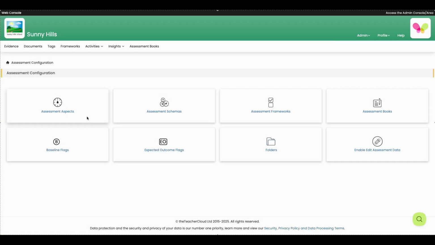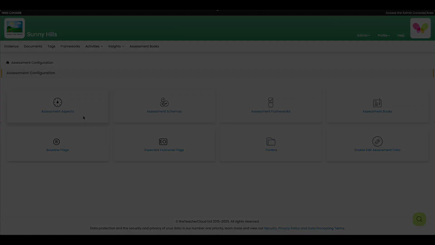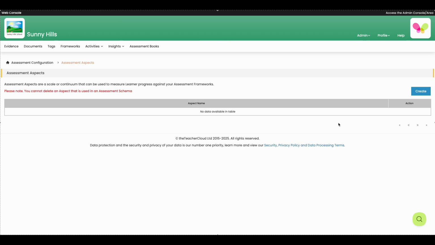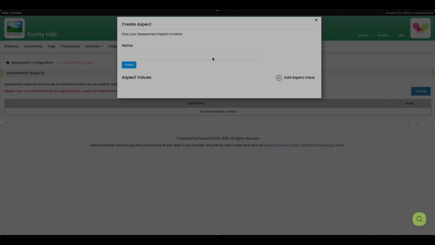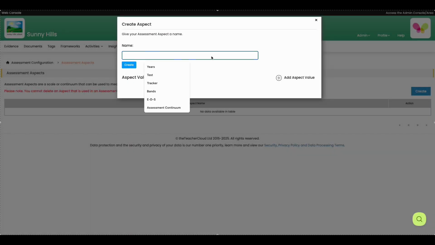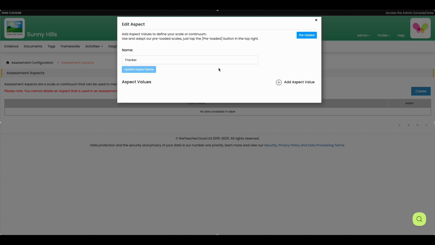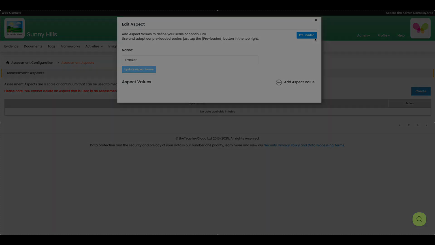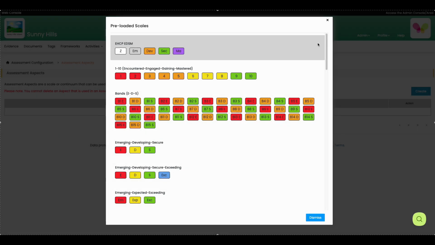Towards the top left, I'm going to click on Assessment Aspects. Then to create a new assessment aspect, we just click Create on the right-hand side. Name the assessment aspect, and in this demonstration, I'm going to name mine Tracker. I'm going to click Create underneath the name. To then use a preloaded option, you just click on Preloaded top right, and there are various options that are